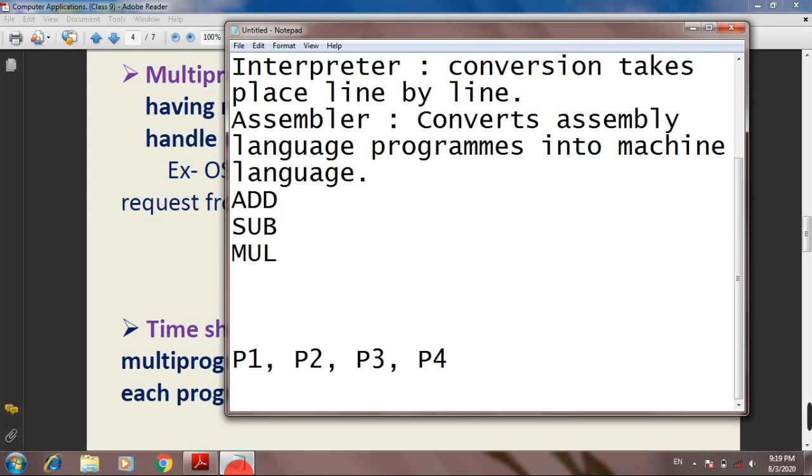It means first P1 process will be executed for 15 seconds. If it is not executed within that 15 seconds, it will be halted, and again P2 will get the CPU for next 15 seconds. So in this way, time sharing operating systems perform their different processes.